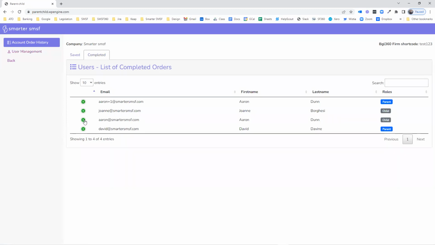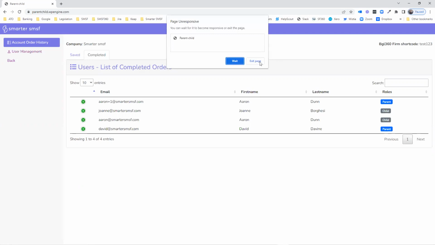So if we've had examples whereby someone in an organization has completed a particular document under their profile, they've gone on holidays, and of course the document needs to be found, there is an ability to then go into that individual's completed orders. You'll be able to click on their name, and then you'll be able to find that link to download that particular order. Equally, from a saved order point of view, you may actually have staff that do the preparation of particular documents. And this is not only